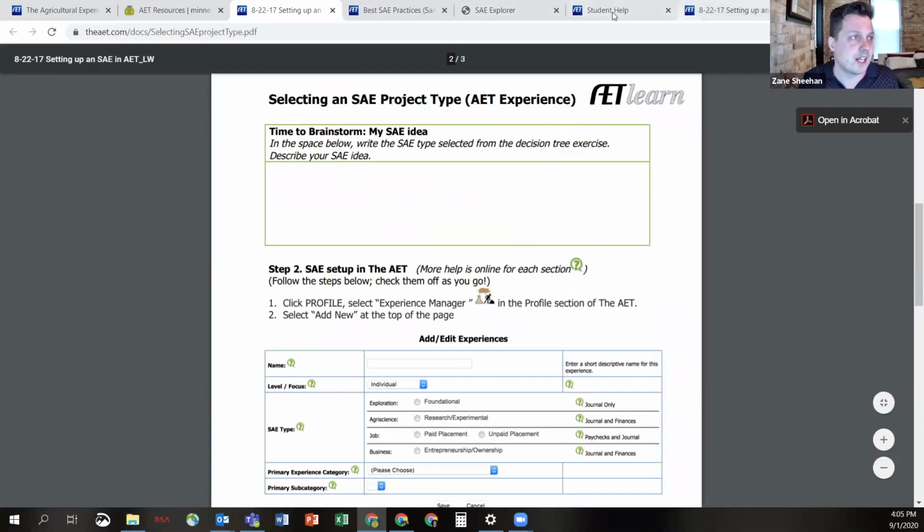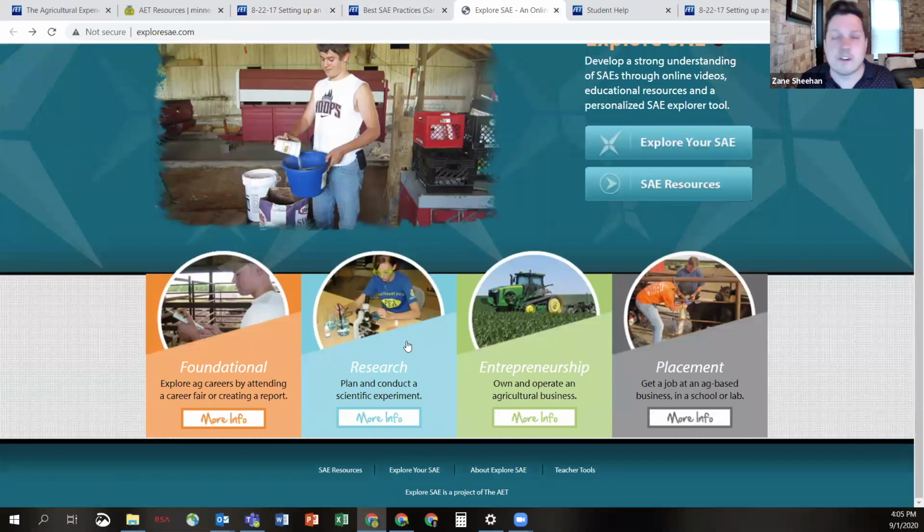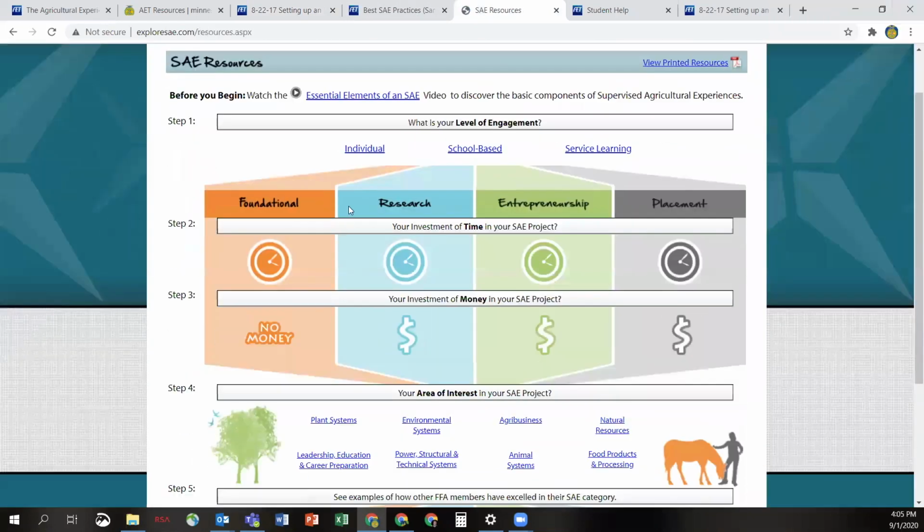And then the website has a ton of resources on it for different types of SAE projects. So like when I was a teacher, it was always really tough to help students figure out what type of a project they want to come